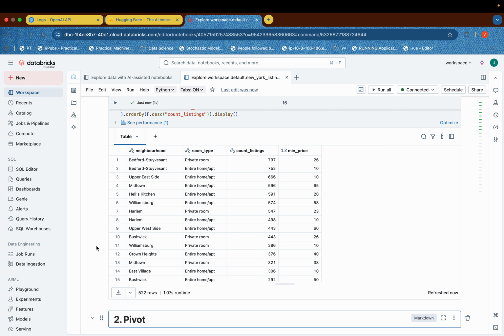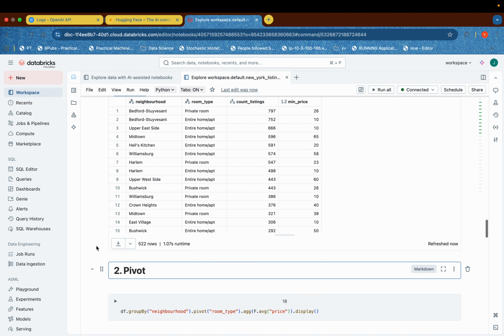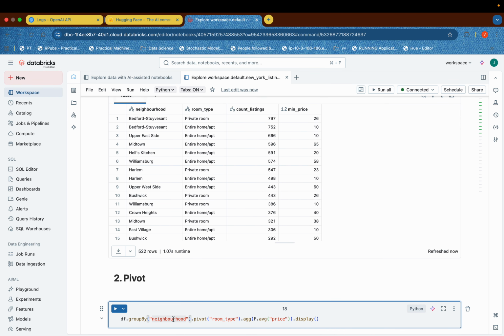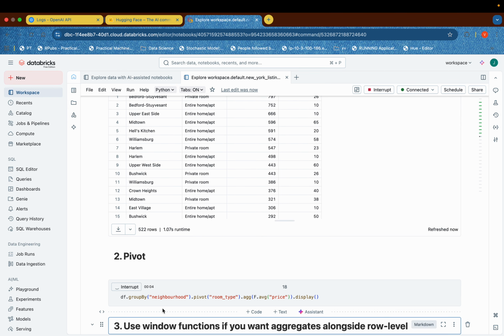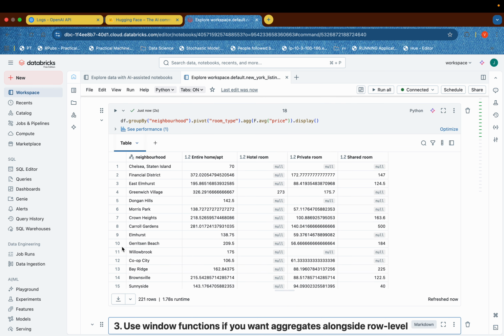Let me run this and then you will understand what pivot means. As I told you, if we are running pivot on room type, every value in room type will create a column. It's like dummification. So you see, for a neighborhood, entire home has 70